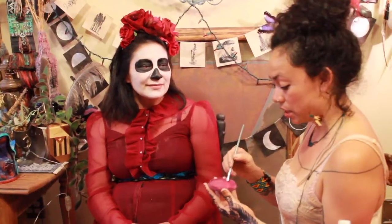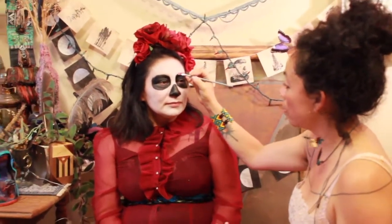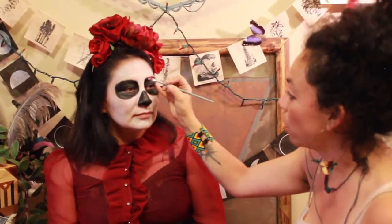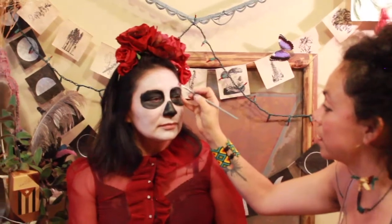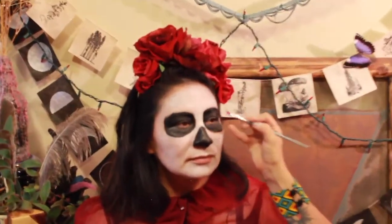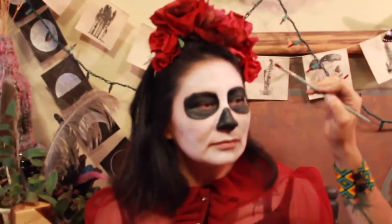Okay, now I'm going to be using this burgundy color to go around her, around the black, and I'm basically putting dots, and this is like a rounded brush. It's perfect for that. All I have to do is press down, and that's it, and go around her eye. It's equally spaced so that afterwards we can come in with another color and just do a light